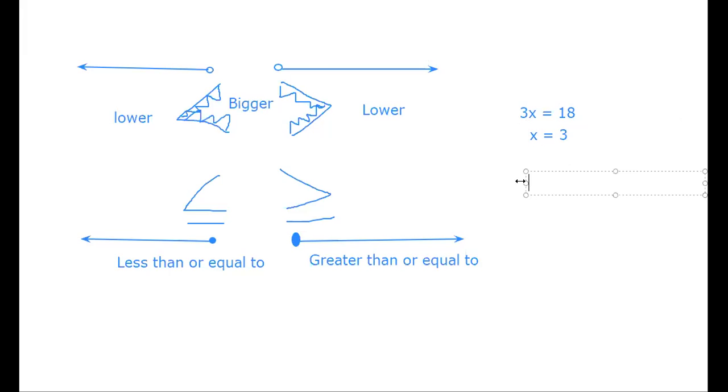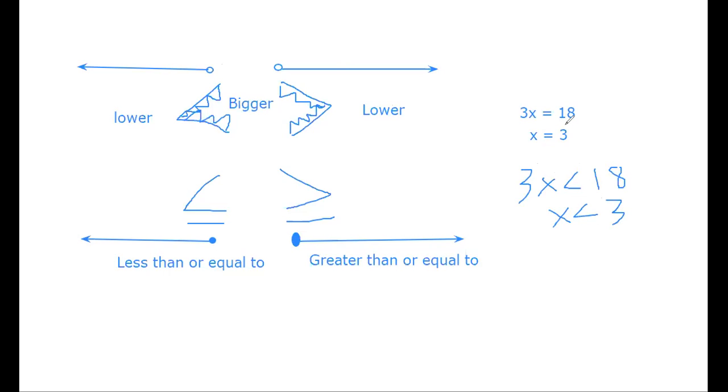But now, if I do 3x less than 18, 3 is still the solution, but it's not included. If I were to graph this on a number line, I would start at 3 and have an open circle and go to the left. Because when I plug it back in,